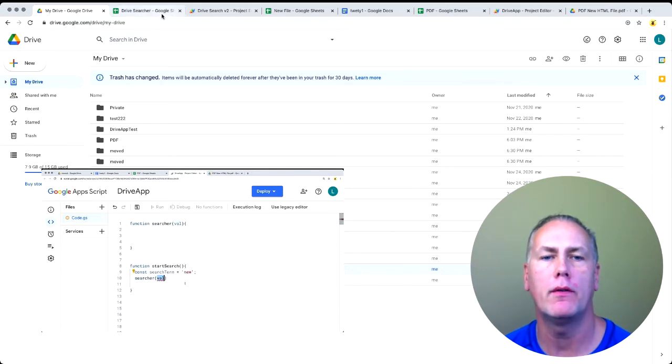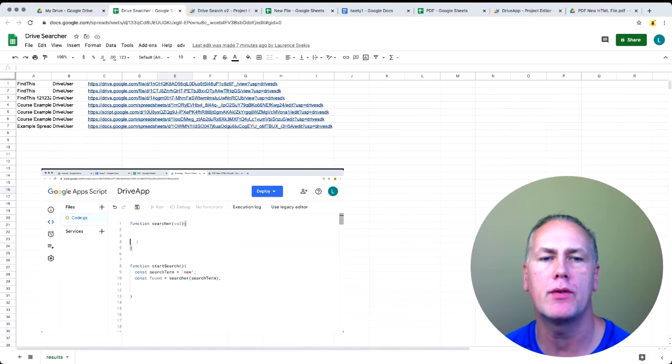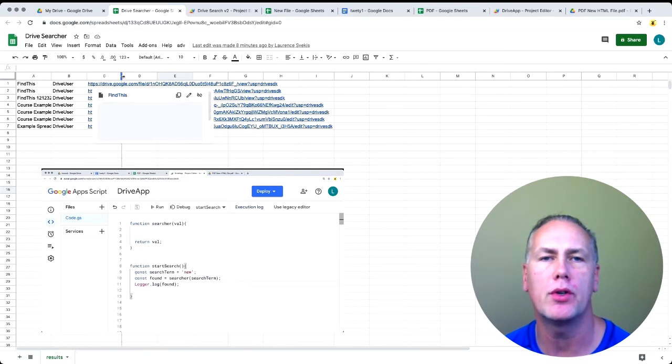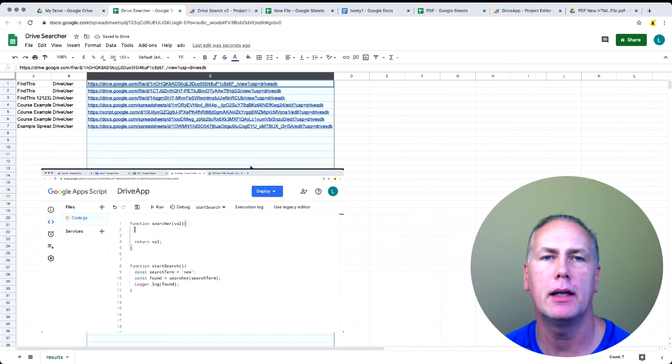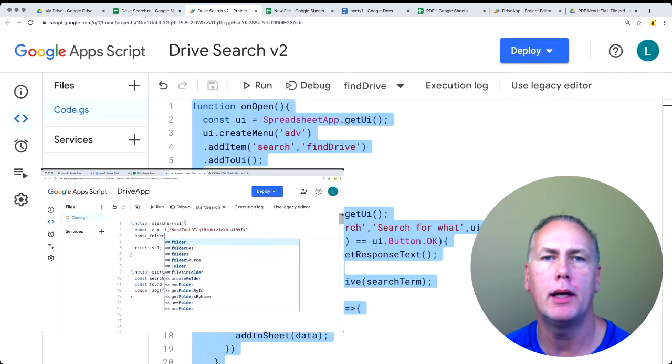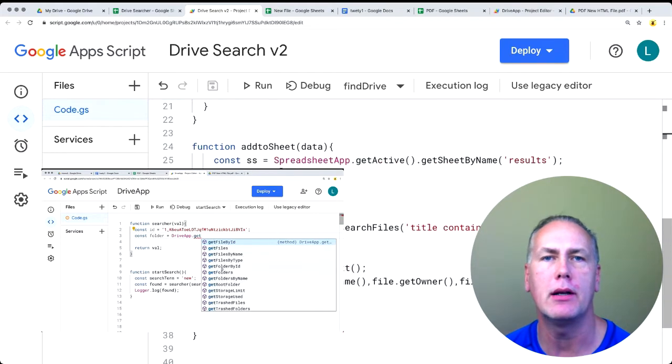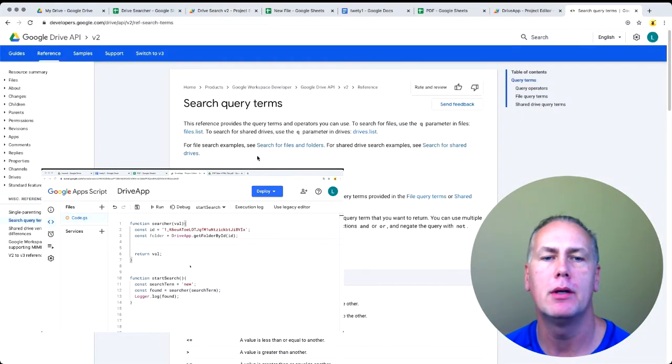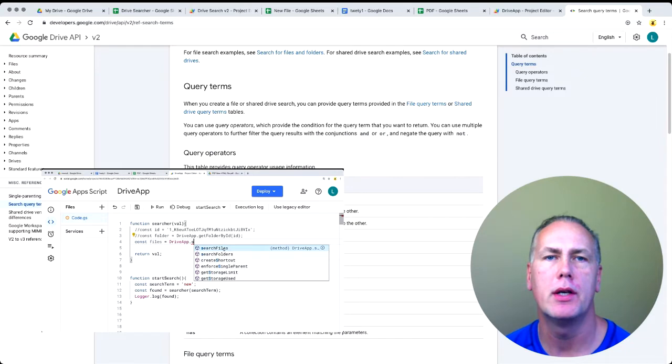So covering all of the amazing things that you can do with the Google Drive service, and the service allows scripts to create, find, modify files and folders within the Google Drive. So we're going to be selecting different files, different folders, iterating through the contents of those files and those folders, selecting the file objects, folder objects, updating, manipulating, copying them, getting IDs, getting information on them, listing them out, creating an HTML using the Google Drive app service, so copying files, setting different file MIME types, how we can trash